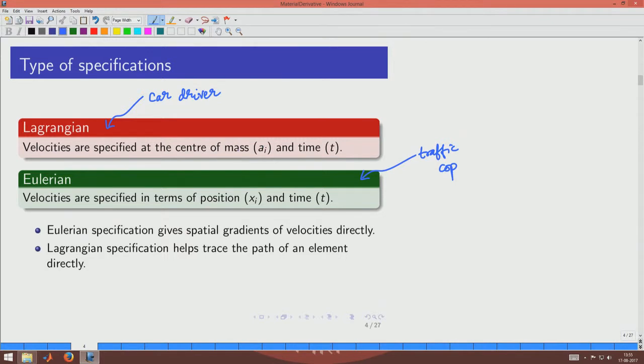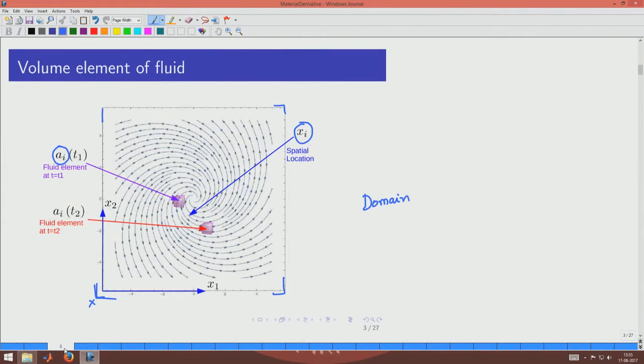So, here we see that if you have any parameter, velocity, acceleration, or for that matter any parameter that is being specified at the center of the mass, then you are using what is called the Lagrangian specification, and if you specify at a spatial location, then that means that you are using Eulerian specification. And let us just go back and see, if you are using for example Eulerian specification and your location of interest is here for example, which means that at different times the volume element that is sitting there is different, and in case the fluid flow is a function of time, it means that at that location the volume element is different and it would have different velocities.